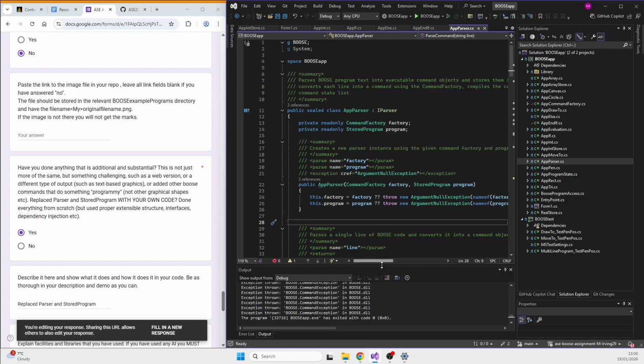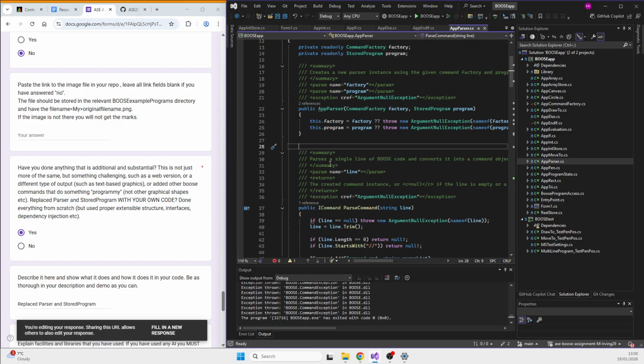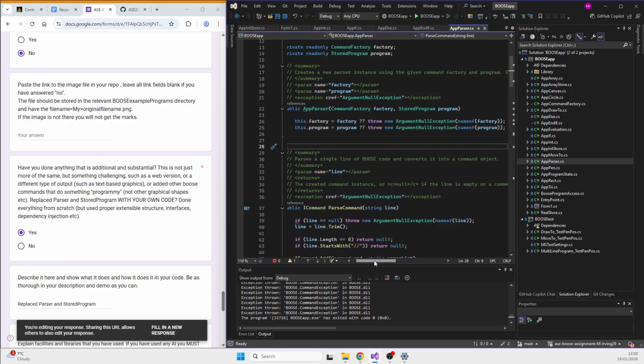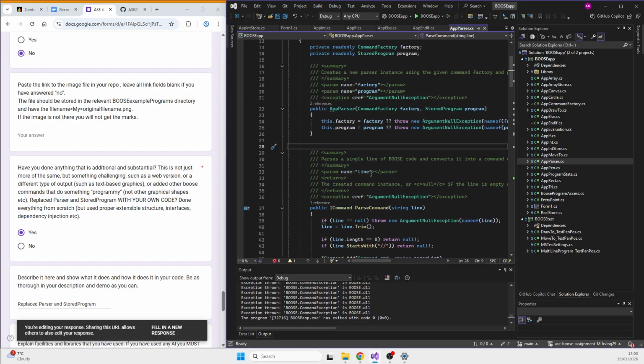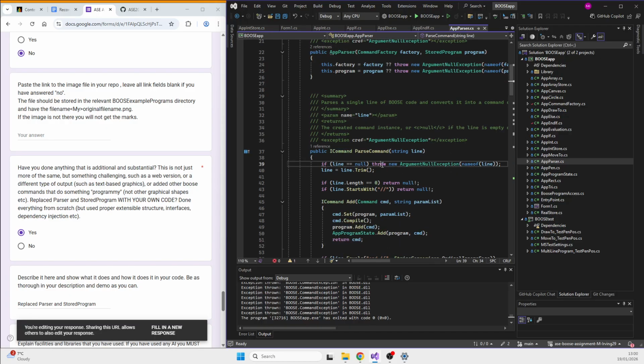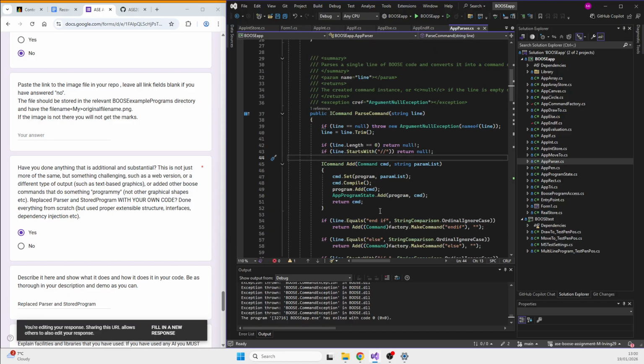But yeah, here in the parse command, it parses a single line, so it does it line by line and converts it into a command. So got the same thing here, the empty exception.